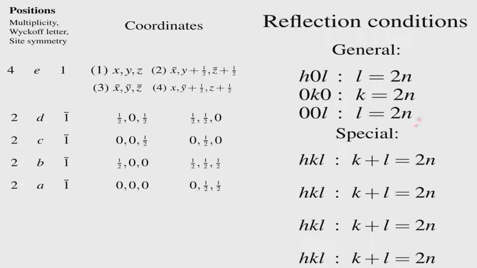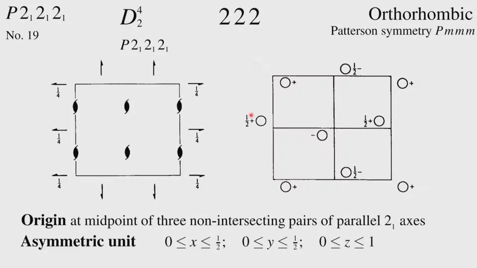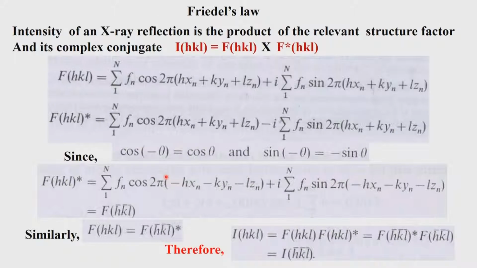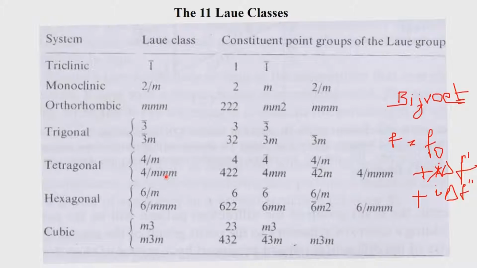However, you should remember that if the conditions are such that we do get atoms present in these positions, you will also have this indicated in the general reflections. So the same logic we extended to P212121 and in particular Pbca, where we get an absence equivalent of an F-centered lattice. And therefore we see that we have the following information: we have the space group information, we have the Friedel's law information, we have the intensity data that is collected, and we know that the diffraction essentially belongs to 11 Laue classes.